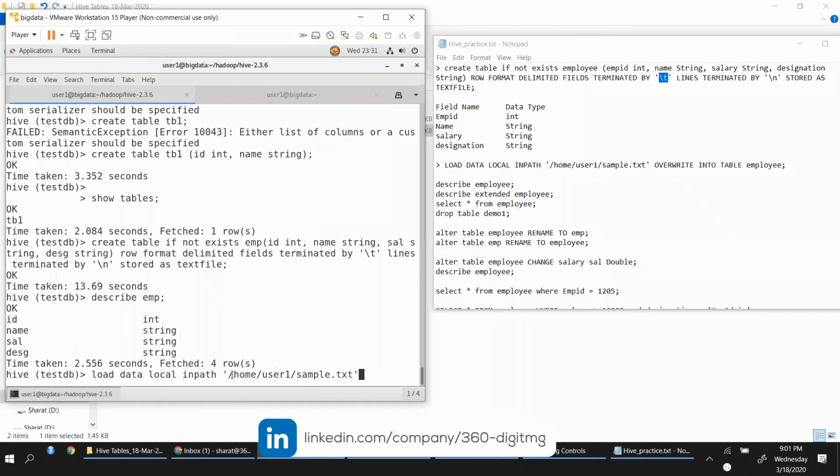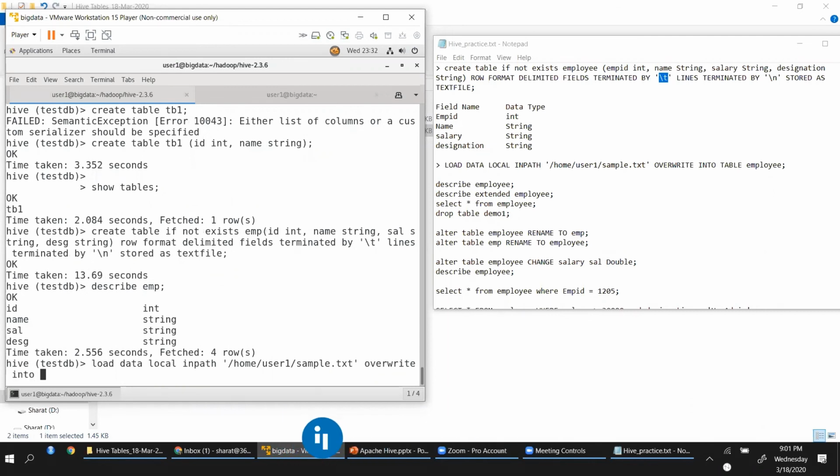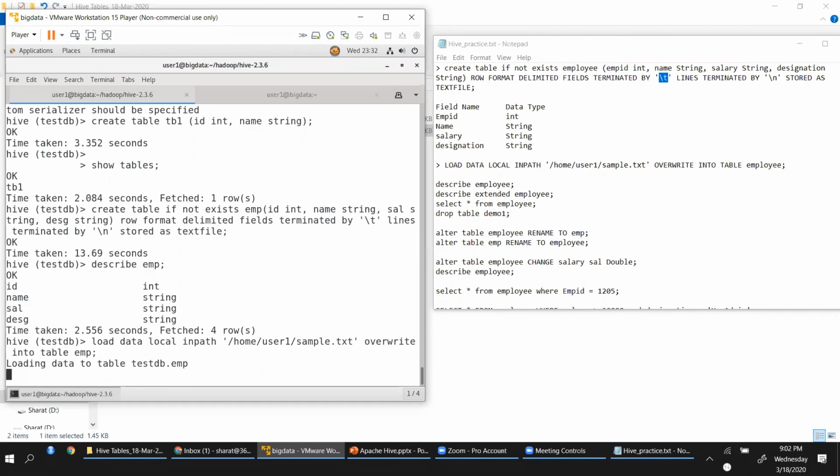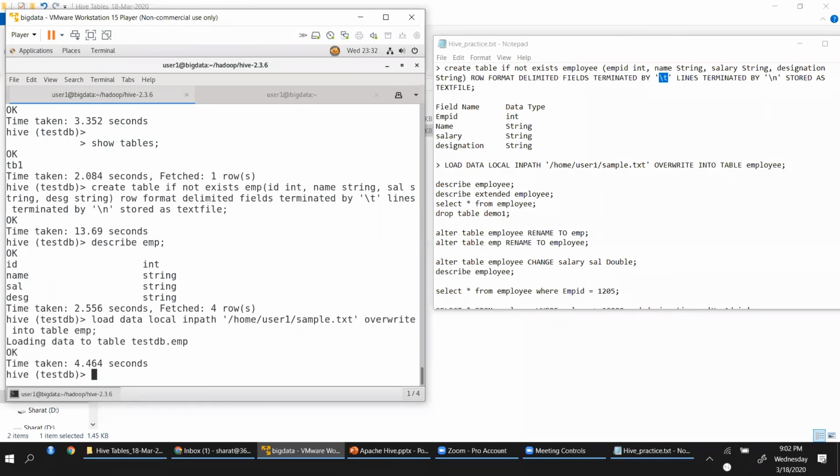So I'm giving that location here, and I'm saying overwrite if there is any content in the table. So load data from a local file which is in this path, and write this content into a table called EMP. Now you can see it is loading data into a table called testdb.emp.